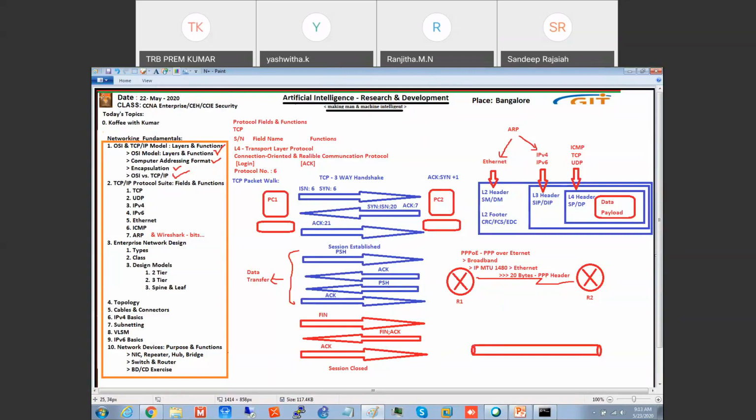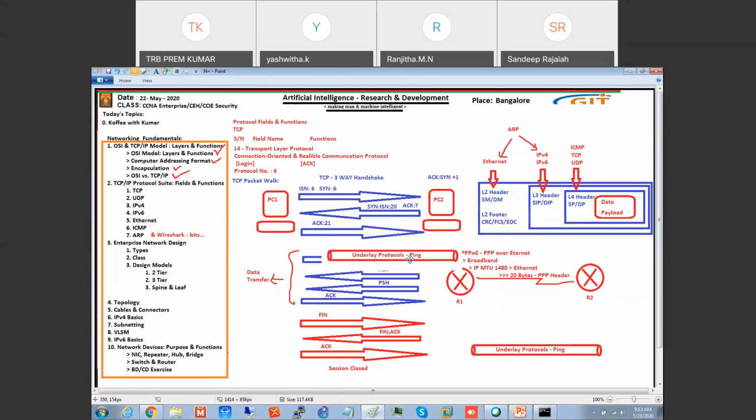Now this here is the underlay protocol. Underlay protocol means what we use for communication, for ping. On top of this underlay protocol, we run the overlay, what we are calling VPN.